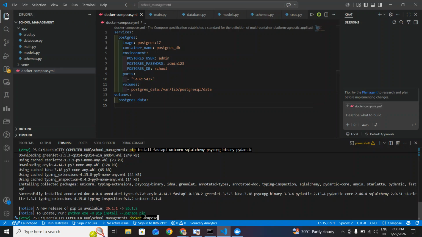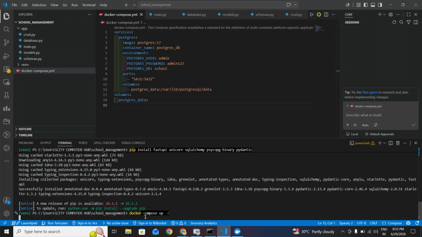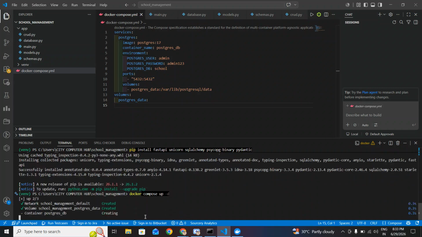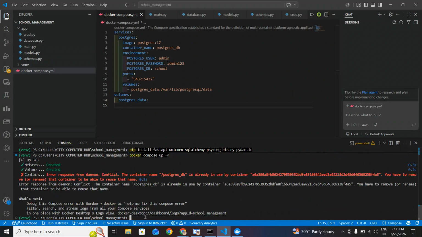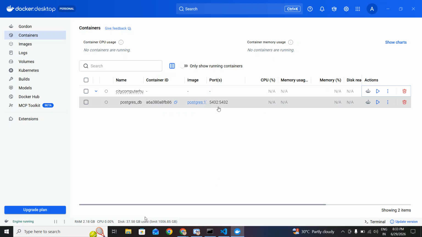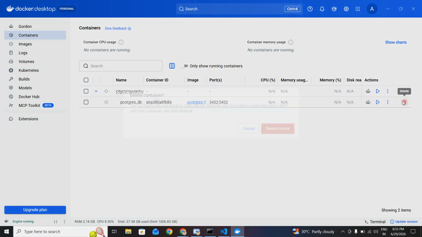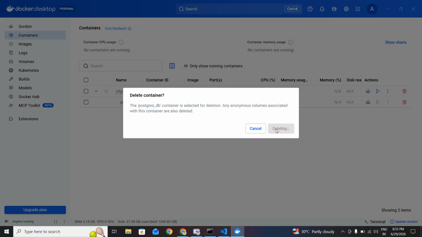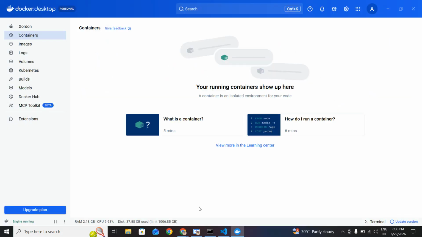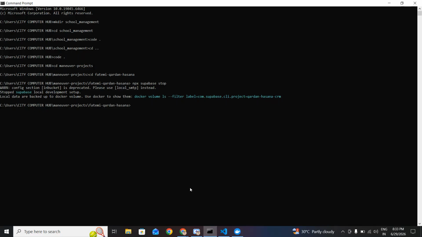Compose up -d. Let's see. Okay, response daemon conflict: container name already exists. So there is already a container named PostgresDB here. That's why it is not allowing us to bring up a container with the same name. So we will remove this,